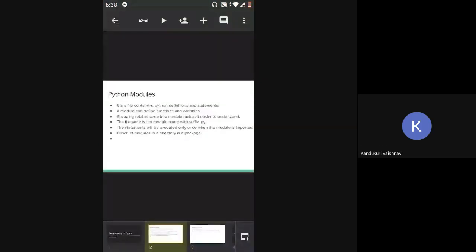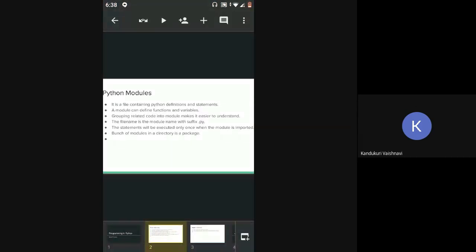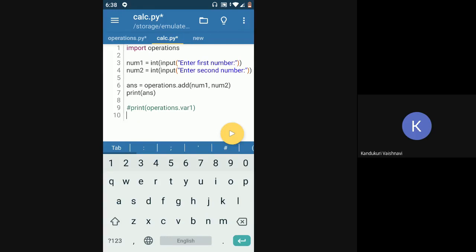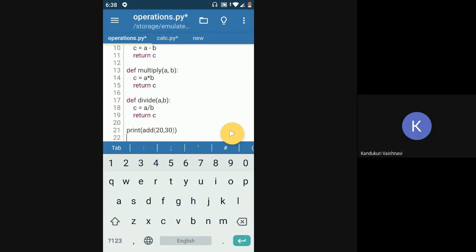And a bunch of modules in a directory is a package. So now what we did was we created one module file, just one module file, not a package. Okay, so you can create